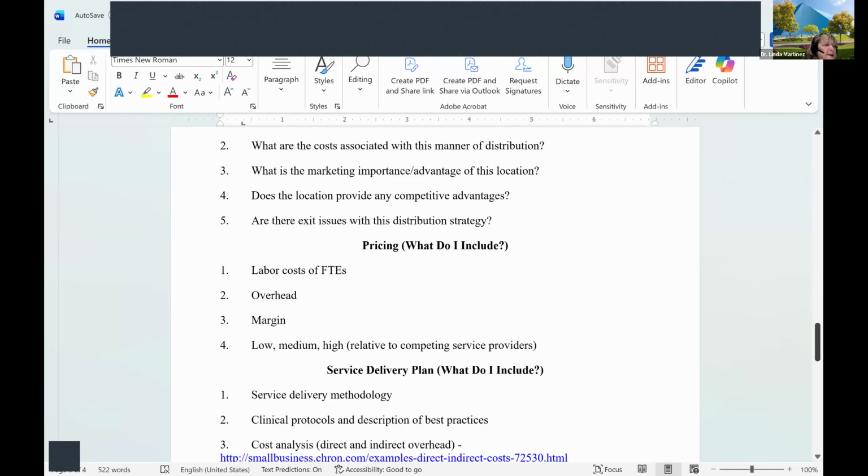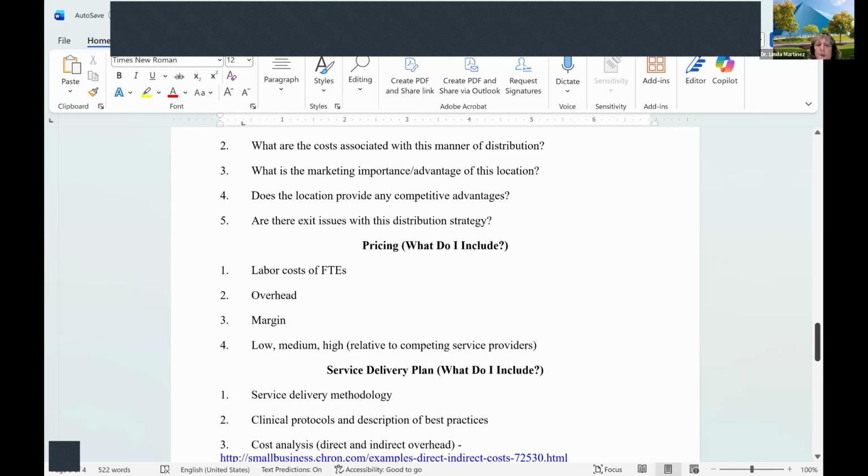Overhead is what you have to pay every single month, whether you have a single client or not. It is your rent. It is your receptionist, because you can't bill out your receptionist. It's cleaning fees, insurance, anything that you have to pay, period, just because your doors are open, but there's no way you can bill it to an insurance company.